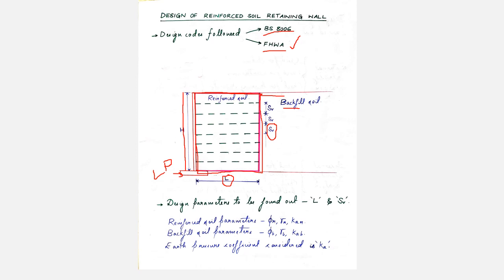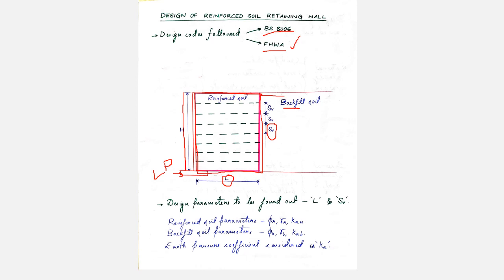So we have generally seen what type of soil is used. Generally, we would prefer a granular type of soil which facilitates decent drainage within it, so that there is no pore pressure buildup within the retaining wall. Also, we will choose a granular soil with a higher angle of internal friction, so that there is a good interaction between the soil and the reinforcement.